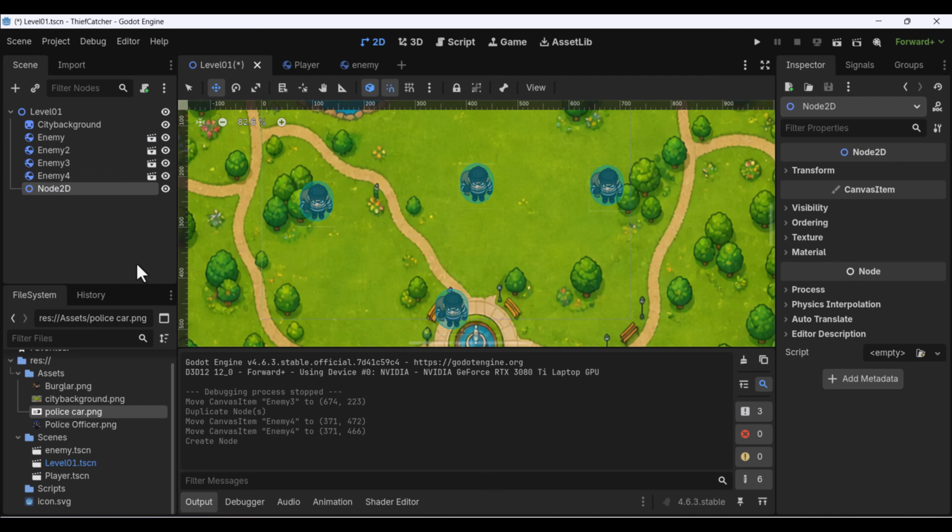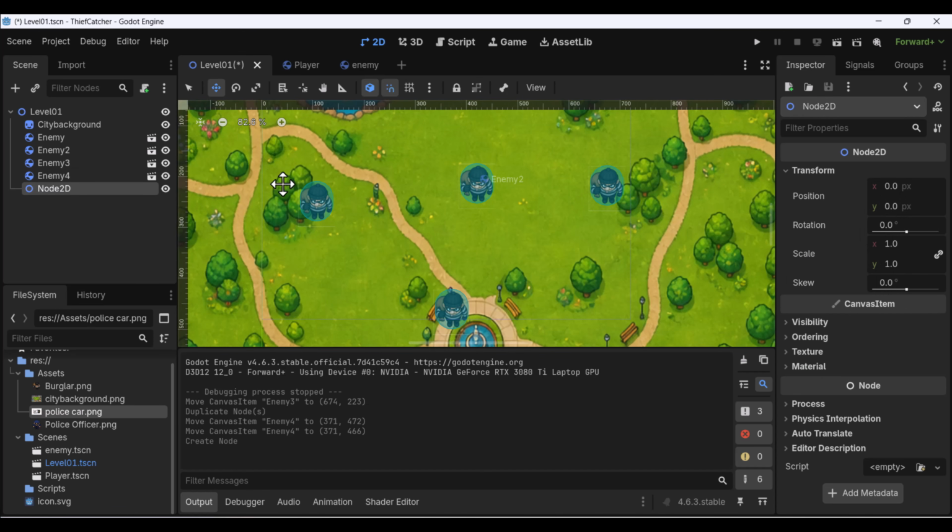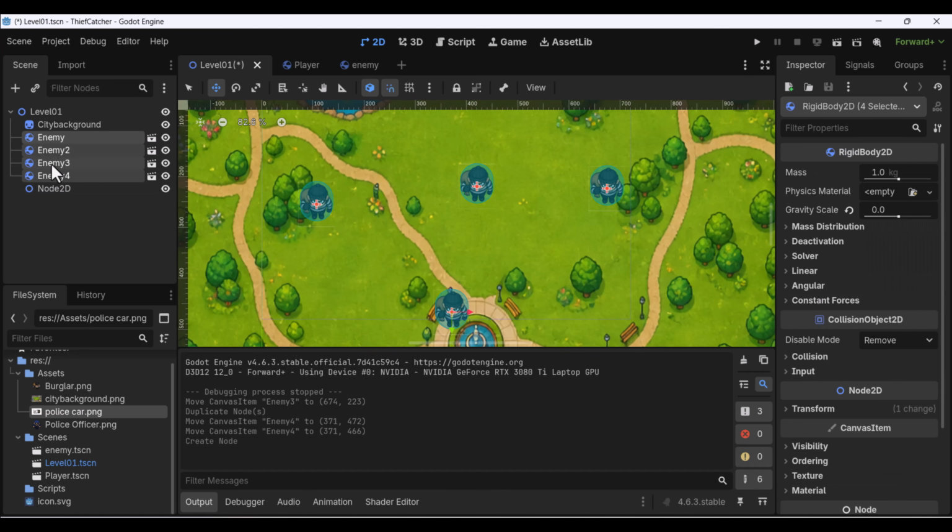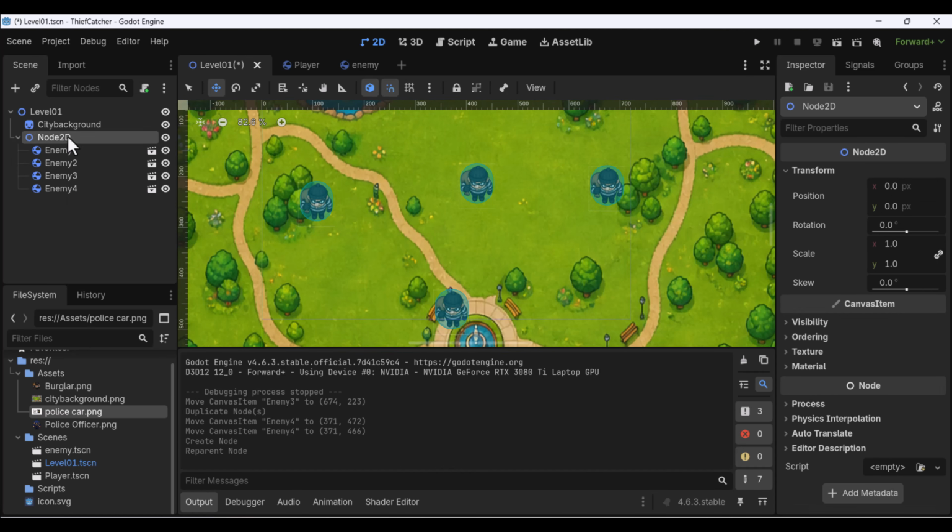And this is sort of an empty component that just has a transform position for moving around. And I'm going to grab all four of my enemies and just drop them, and now they're a child. So if I type this as enemy and then container,